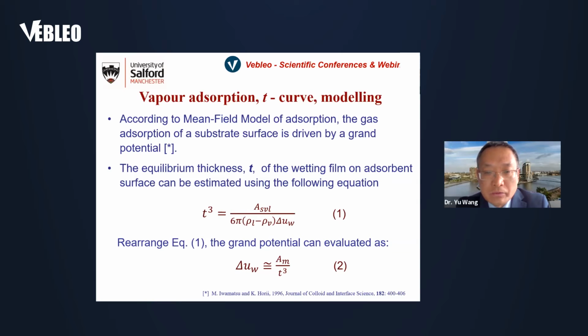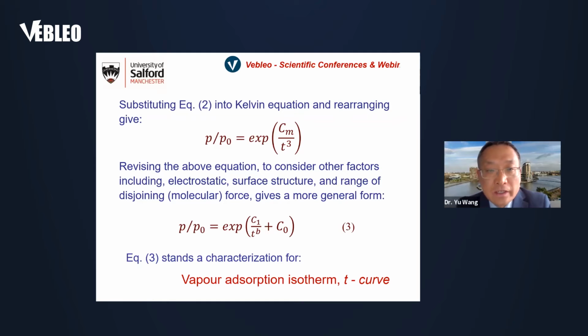If we rearrange this equation and take in the interfacial physical parameters, the ASVL, and also the water density and the vapor density, and we take them as constants, we can rearrange this equation. That means the water potential change, or the grand potential of the water film inside the pore spaces or on the solid substrate, can be quantified using this power function. And we substitute the power function back into the Kelvin equation. So we can get the expression of the thickness